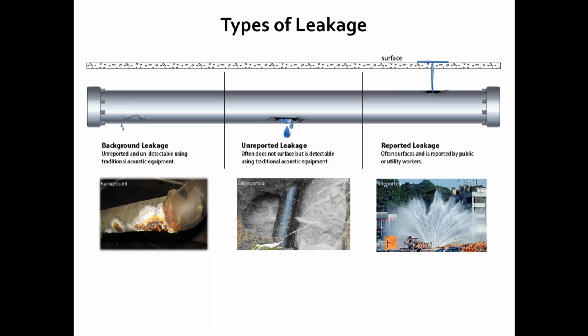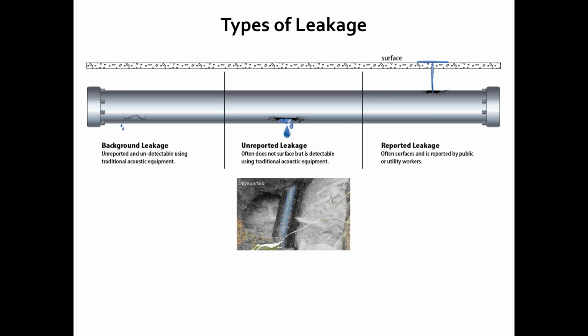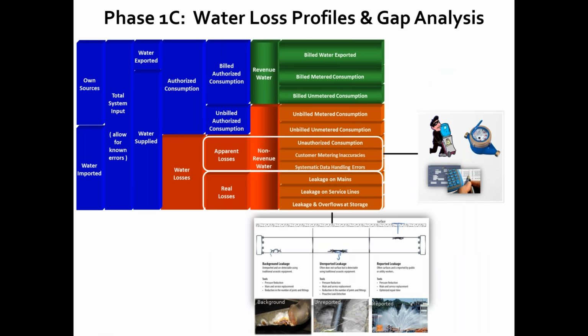Leakage, as we're all familiar, something pops up, we get a call, there's a wet spot on the pavement, or there's water bubbling up, and sometimes shooting up like a geyser, depending on the situation. So that's water that comes to the surface, and we characterize that as reported leakage. These are leaks that find you. There are 2 other types within your system, and the reported leakage only makes up a portion of the total leakage, as we saw from the water balance.